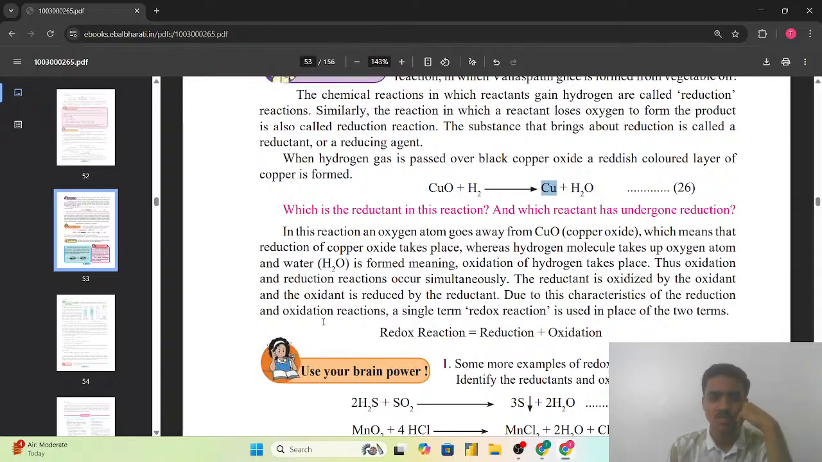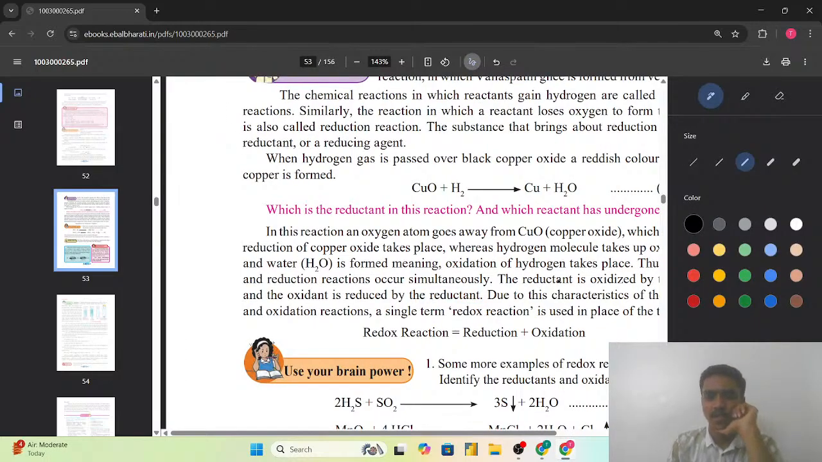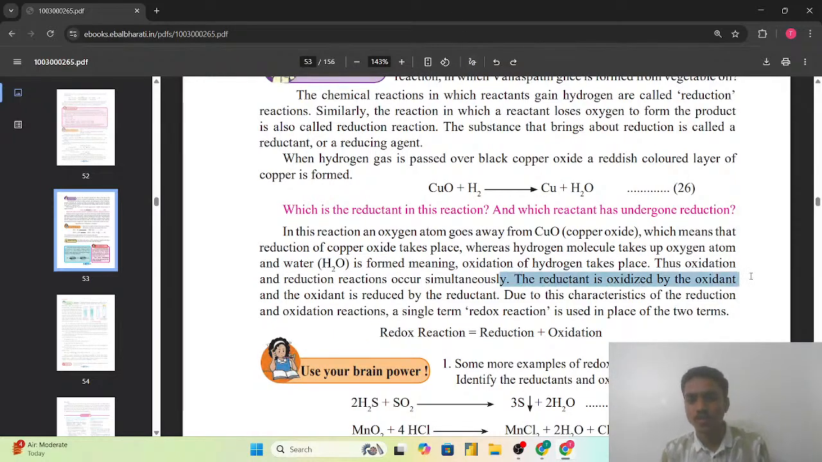द रिडक्टेंट इज ऑक्सीडाइज्ड बाय द ऑक्सीडेंट एंड द ऑक्सीडेंट इज रिड्यूस्ड बाय द रिडक्टेंट। ये कंफ्यूजिंग स्टेटमेंट है जो कि यहाँ पर किया गया है। द रिडक्टेंट इज ऑक्सीडाइज्ड बाय द ऑक्सीडेंट एंड ऑक्सीडेंट इज रिड्यूस्ड बाय द रिडक्टेंट। क्या है यहाँ पर? मतलब जो रिडक्टेंट है वो ऑक्सीडाइज करेगा और ऑक्सीडेंट जो है वो रिडक्टेंट मतलब रिड्यूस करेगा।